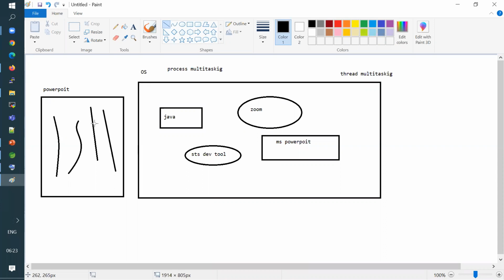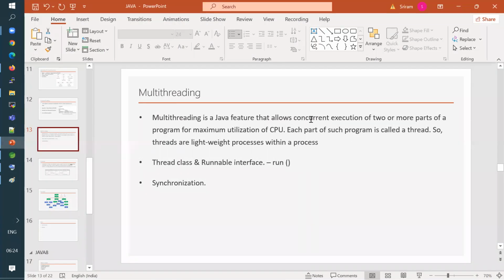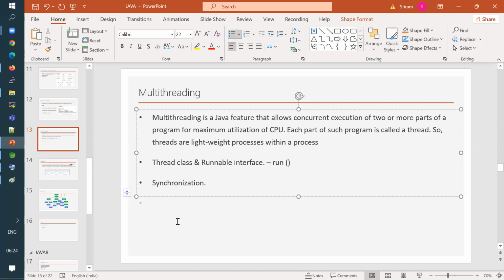This is what multi-threading in Java talks about. Multi-threading in Java is a feature that allows concurrent execution of two or more parts of a program for maximum utilization of CPU, your processing time. Each part of such a program is called a thread. So threads are lightweight processes within a process, right?